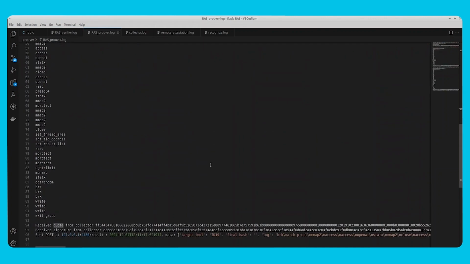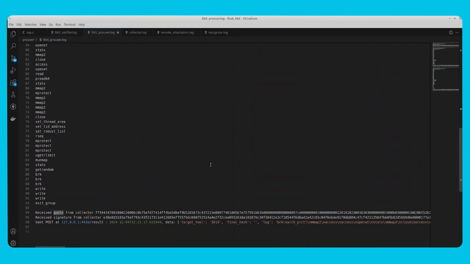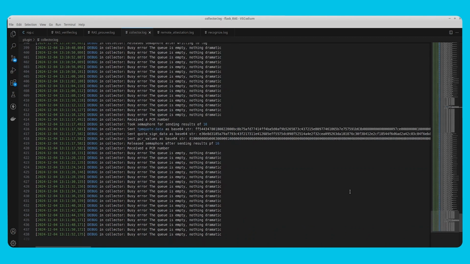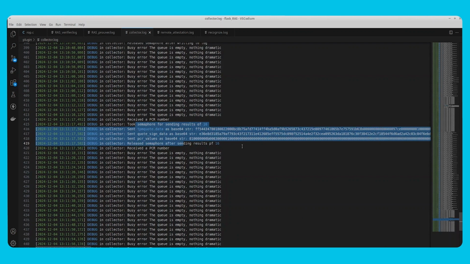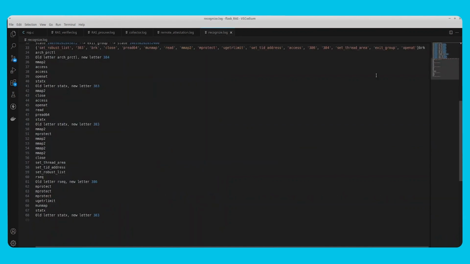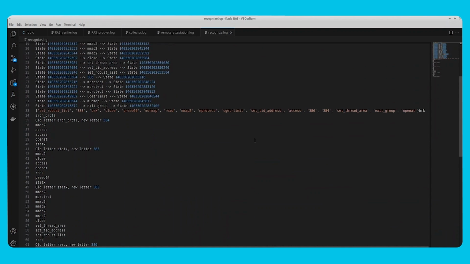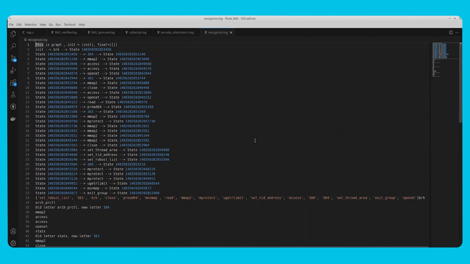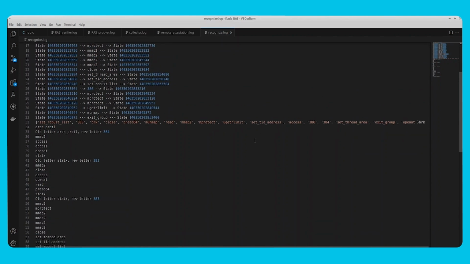In the prover, nothing has changed because the prover is only forwarding the system calls, but it's not making any checks. The collector didn't change either. We see that it sends the information, that it's packaging the information to be sent to the prover before the verifier. And then in the log here, we have also the same verification. So we still have the same graph because the reference value has not changed,